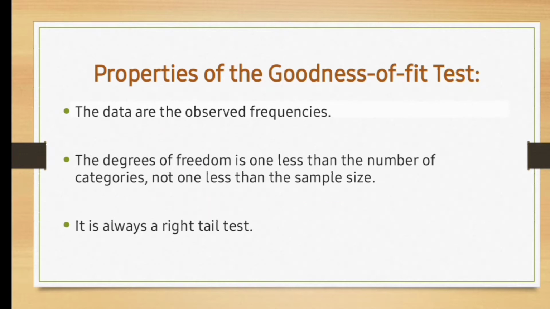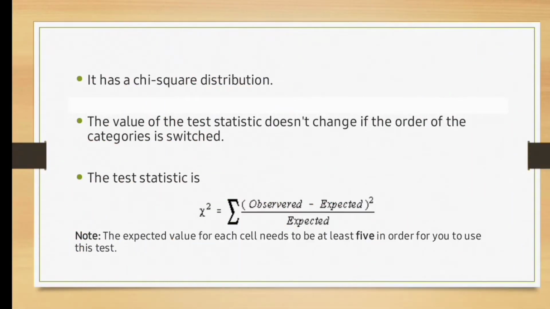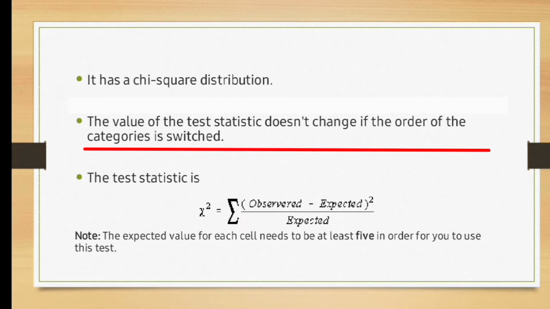So again, for the degrees of freedom, it should be 1 less than the number of categories. Next, it is always a right-tail test